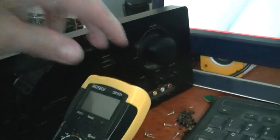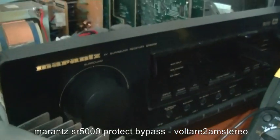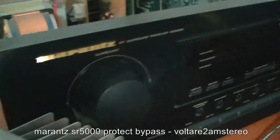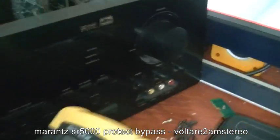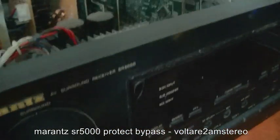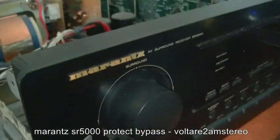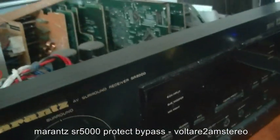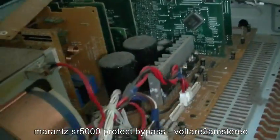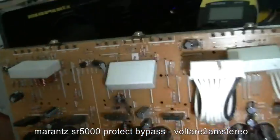This is an amplifier I brought home from Cash Converters, I think it is. It was on their junk table. It's a Marantz SR5000 unit, 70 RMS a channel apparently. Its issue is it starts up into protect mode, and I decided to pull it apart and have a bit of a look. I've taken out the amplifier unit, which is here,